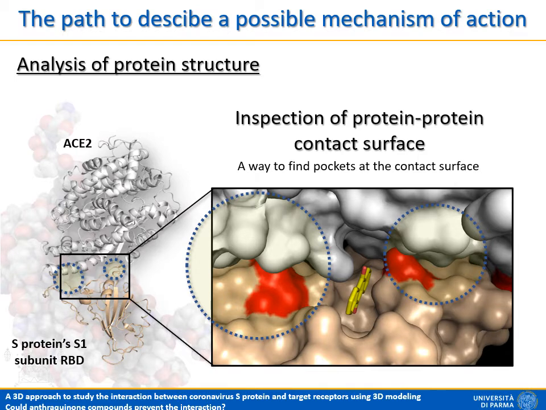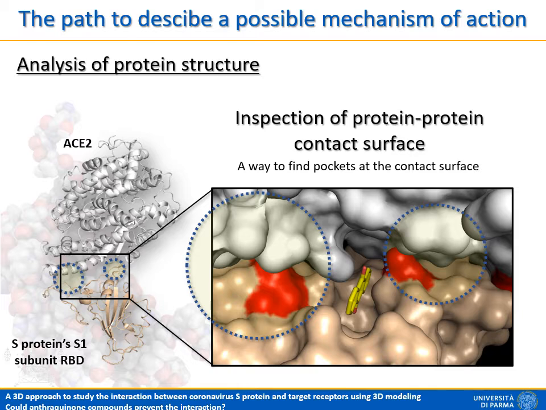Then we analyzed the surface of the protein-protein complex, and what we saw was that exactly in between the two key regions we identified, there was a small pocket possibly able to host, to dock, to bind small ligands, such as Emodin and other anthraquinone-like compounds. So, assuming the capability of molecules to interact in that pocket, there were two possible outcomes.